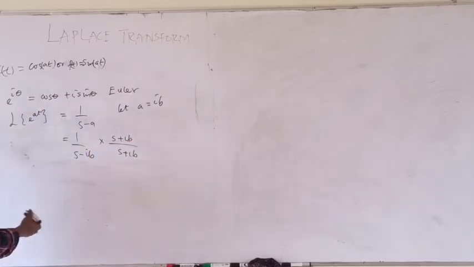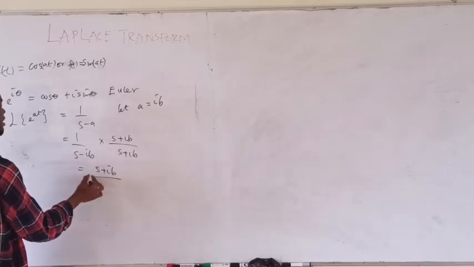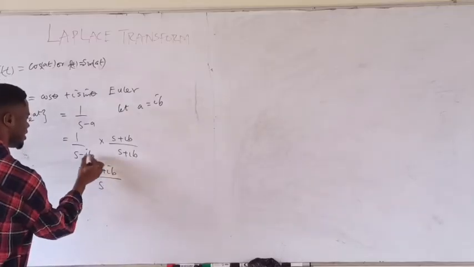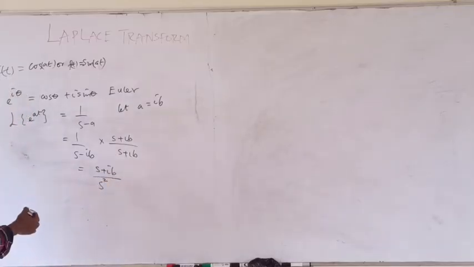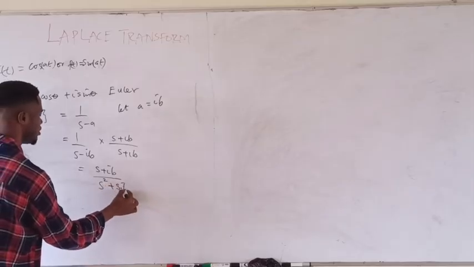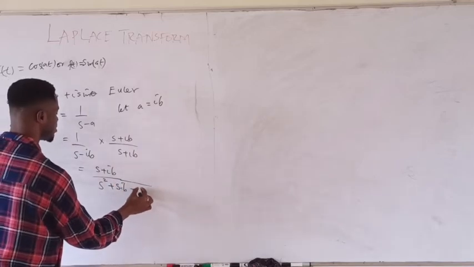Now if I multiply the denominator, s into s gives me s squared, s into ib gives me plus sib, minus ib into s gives me minus sib,